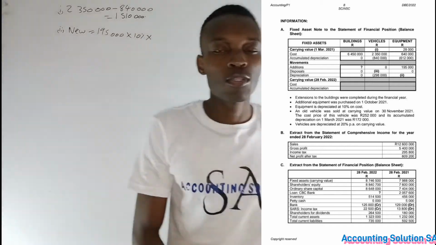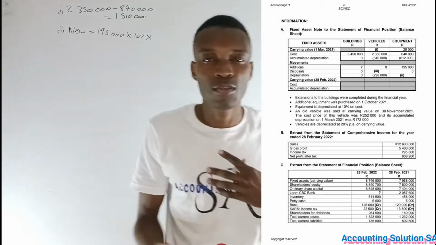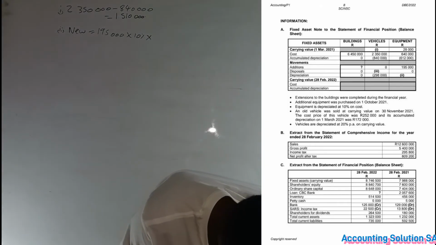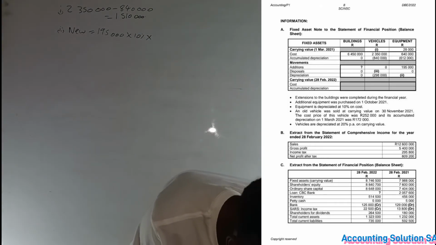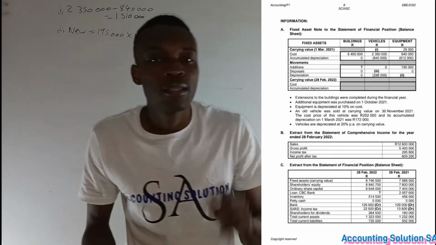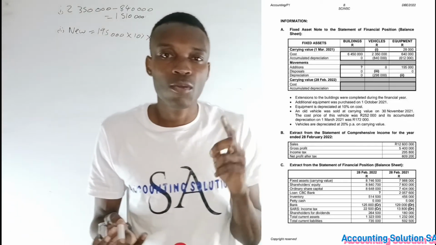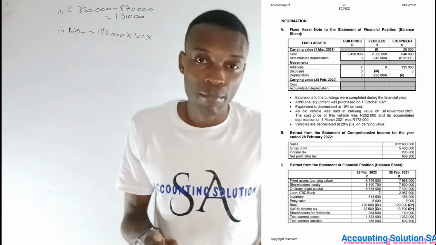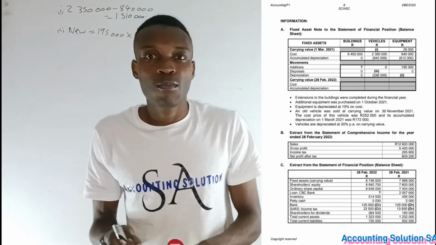Okay, remember it was purchased during the year, which means that we have to count what? A month. Okay, it has been purchased on 30 November 2021. It's from November until the following year, 28 February, our year end, which means that it's gonna be, because it was purchased on 30 November, we're gonna count December, January, February, which is going to give us